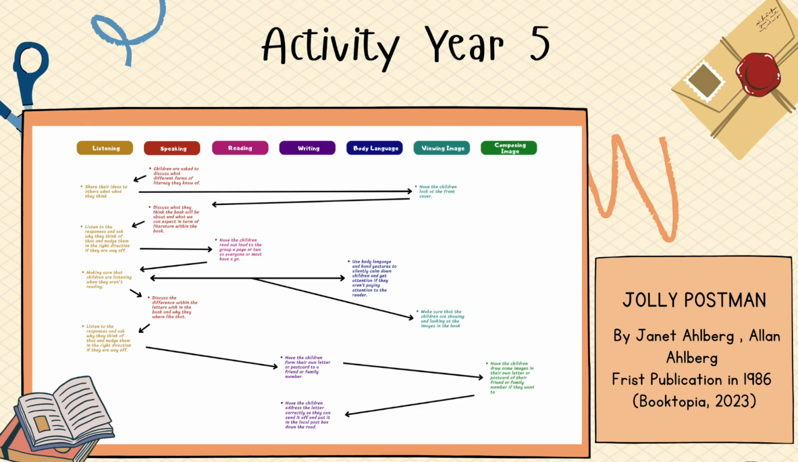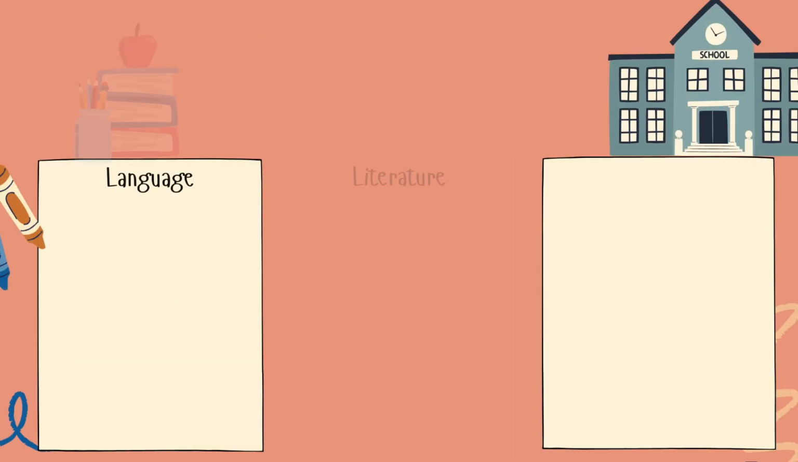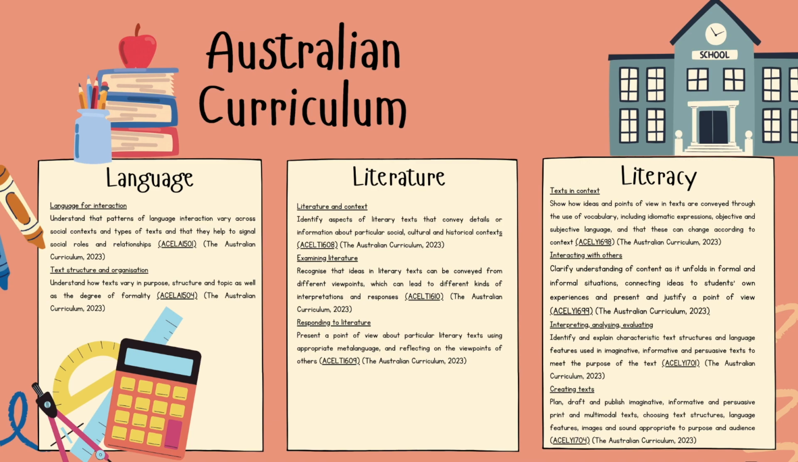They can be as creative as they like with their writing, as well as drawing with images if they prefer that, making sure to use the lessons we learned during the Jolly Postman. When everyone is finished with the letters, we'll put them into envelopes and address them so they're ready to be sent. In this activity, we had a few connections to the Australian curriculum, from language interactions and text structures